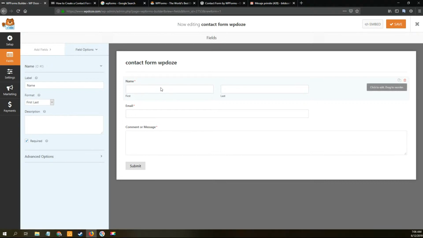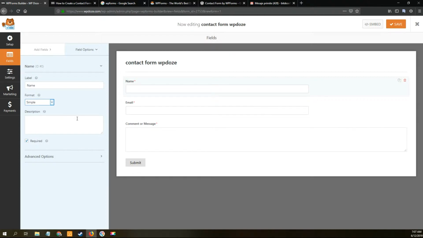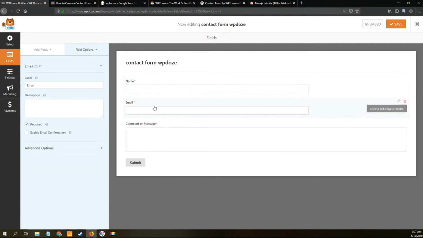Let's go here into field options, and here you have the label, the ID, and the format. Right now it's first and last. We want to use simple, like this, and set if it is required. We have some advanced options here, the size, to hide the label, and so on. If we move to the email field, we have the same options like email, required, email confirmation, advanced options, comment or message,